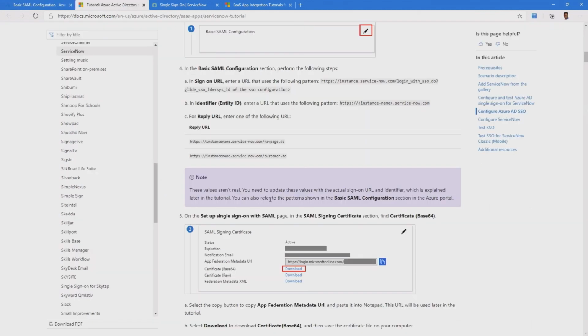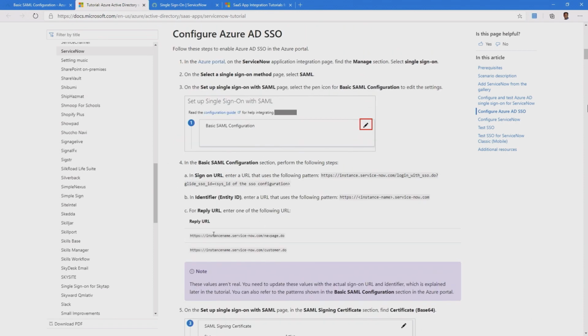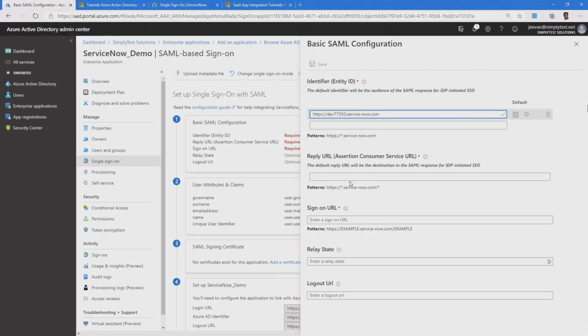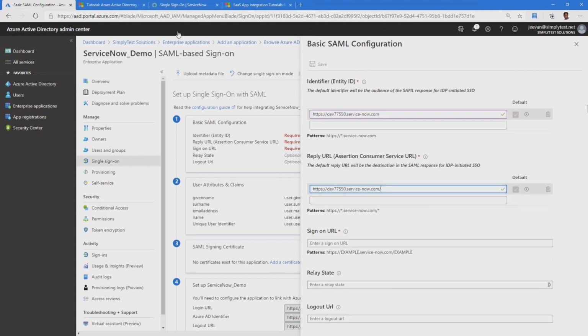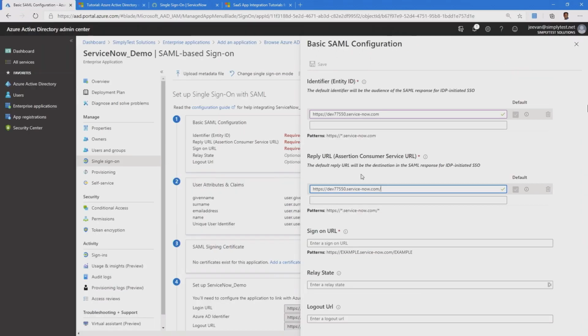You can see all these steps have also been provided in this tutorial. So you can see the reply URL has to be in this format. So I'm going to copy the reply URL, paste it, and take this part, which is now page.2 from here. And I'll also copy the same URL as my sign-on URL.